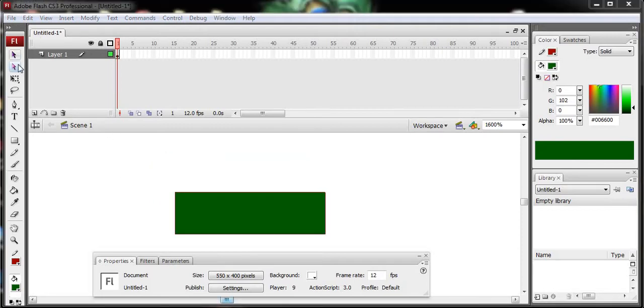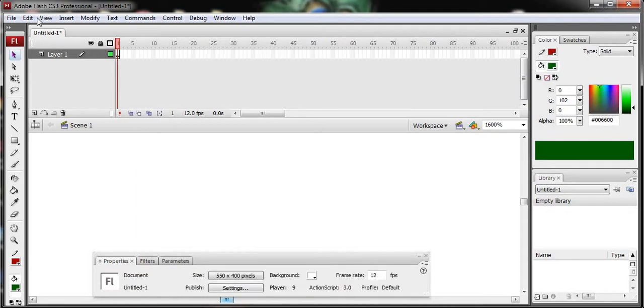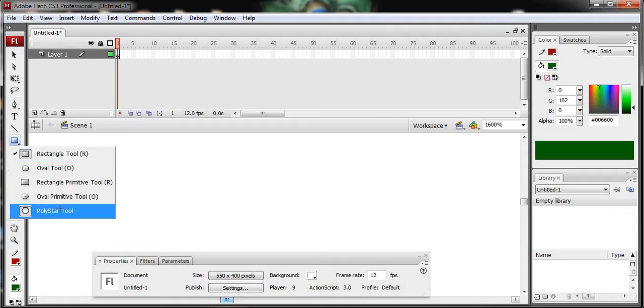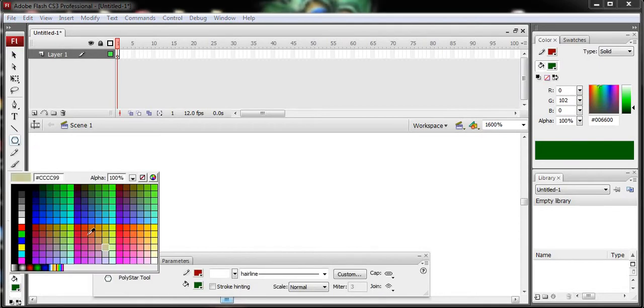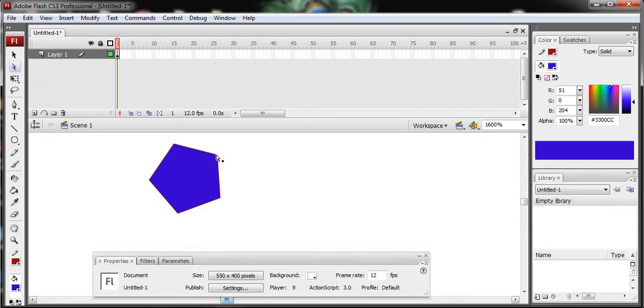Suppose it will be easy for us. First let me delete this one. Okay, and using the shape tool let me draw a polystar, and I am changing its color to blue, right? Now this is the polystar. Now I am clicking this sub selection tool, right?